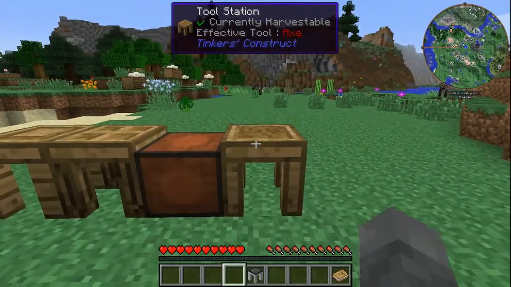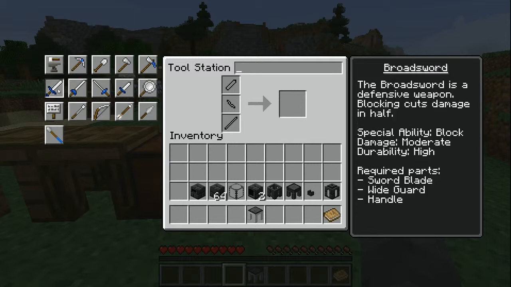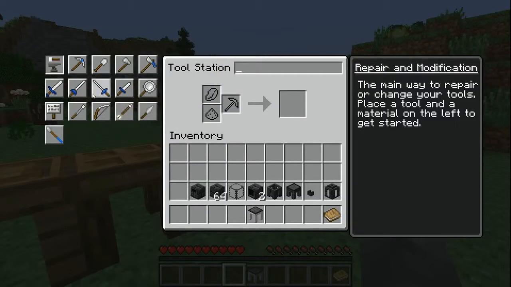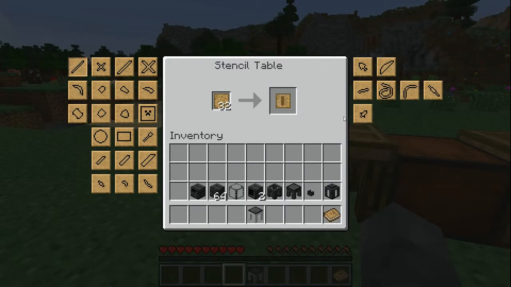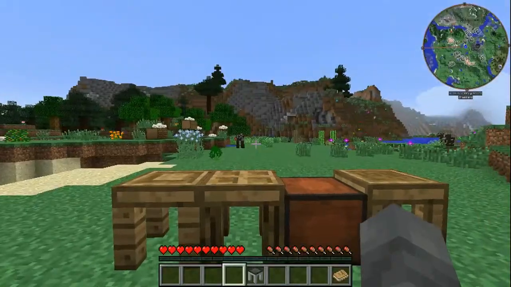In your tool station, you want to find out what you want to make. So you say, hey, I want to make a broadsword. You'll see that you need a sword blade, a wide guard, and a handle. There are 2 kinds of handles. If it's in the tool station, it's typically the tool rod, so keep that in mind. So you're going to want the tool rod, the wide guard, and the sword blade. Boom, there you go. Then you have these patterns, and you're going to take them into the part builder,